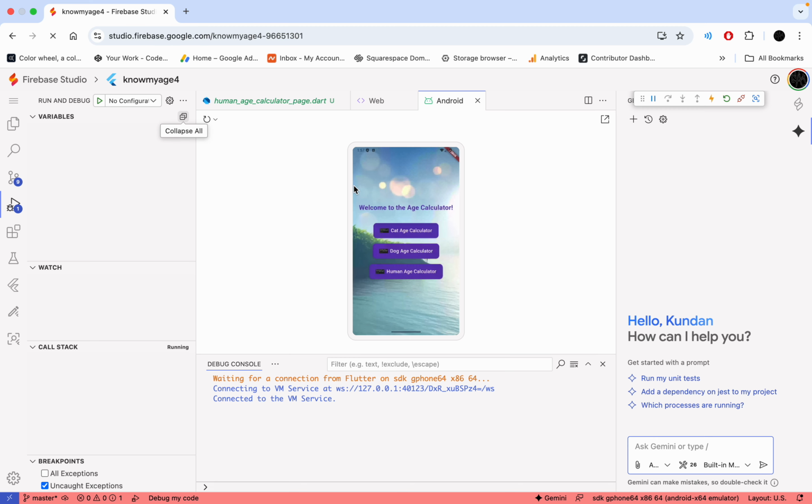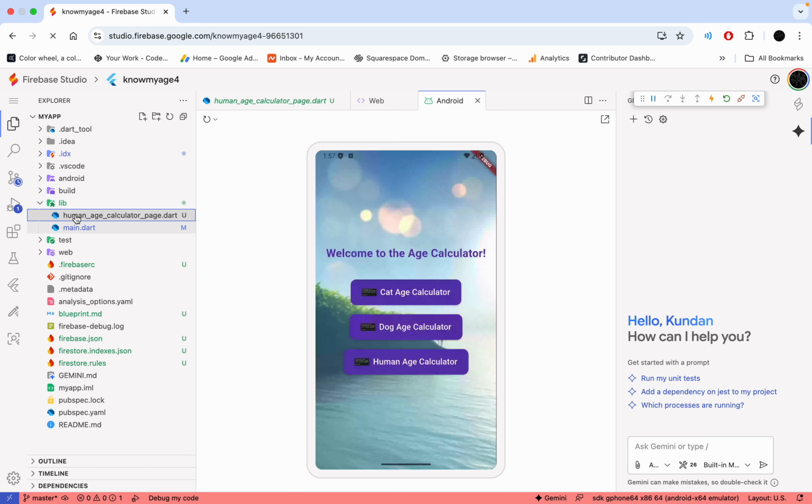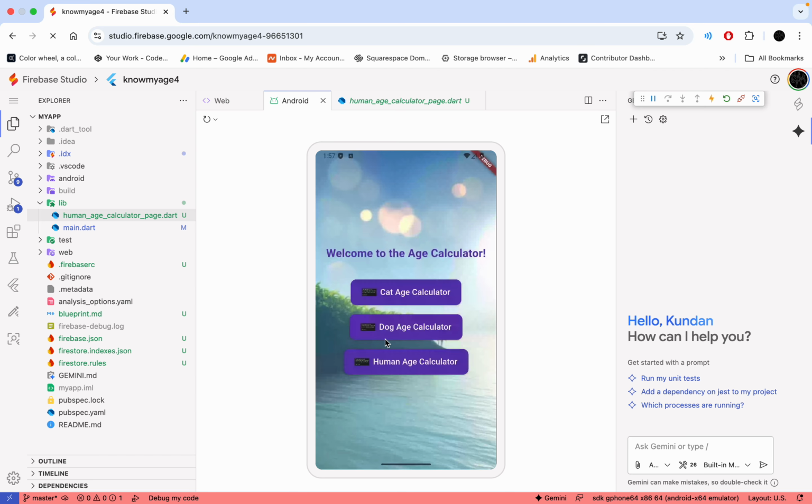So in the last video, as we have seen, our designs look like that, but we don't want it like that. As you can see here in the pages in the library, we have two pages, main and human age calculator. In Android, the human age calculator works, and the main is default. This one is main, and if I click here, let's see,